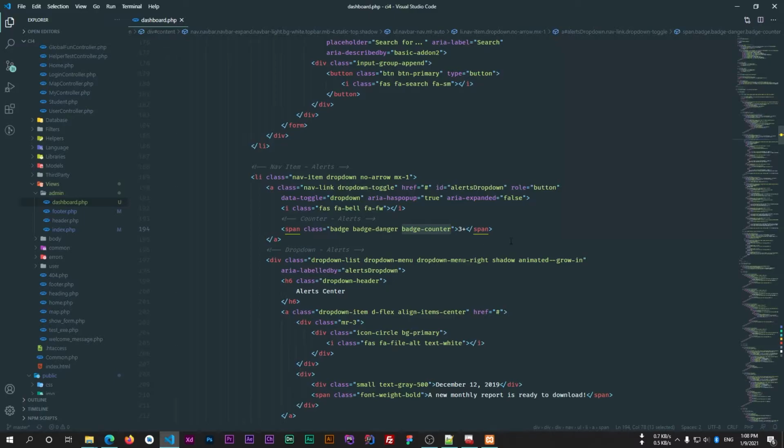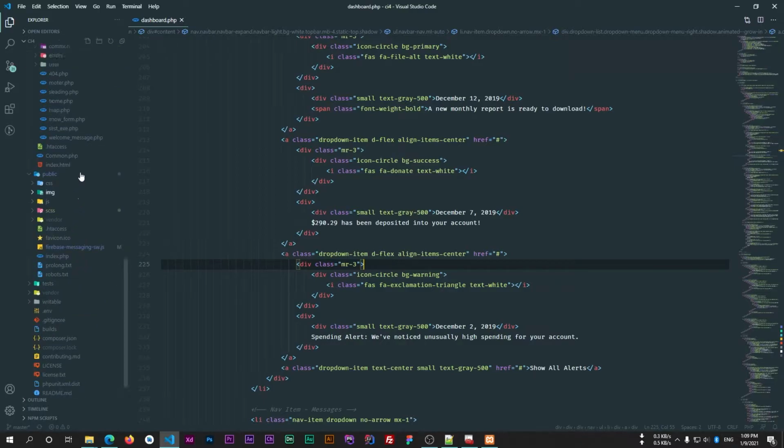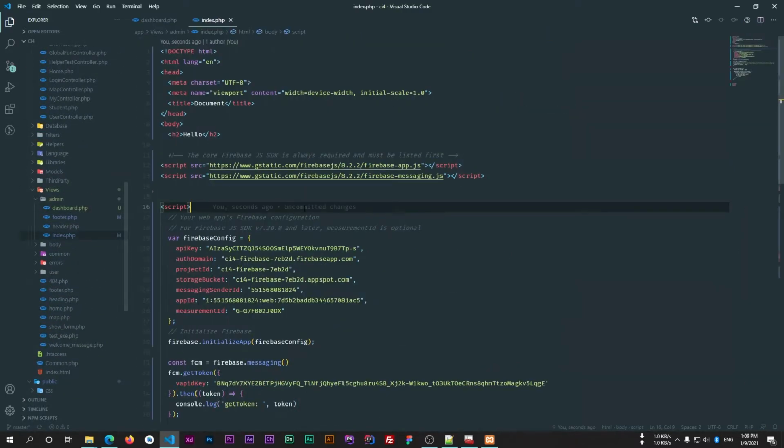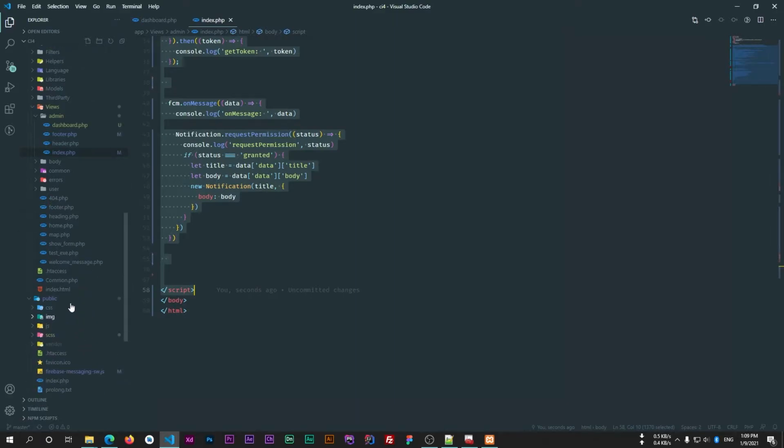So simply copy the name of this, but before this we have to do this Firebase stuff in our footer file. So copy this code and paste at the end of our footer file.